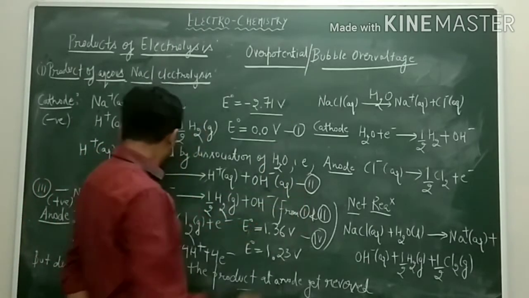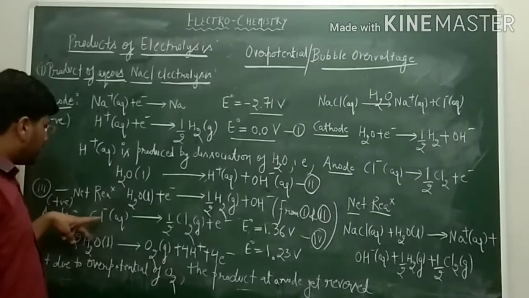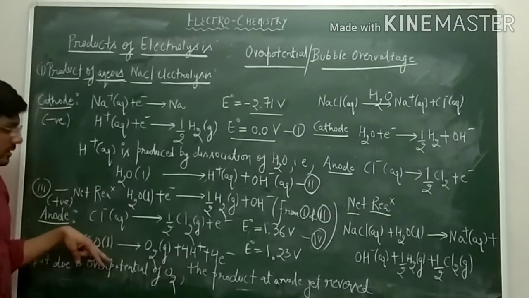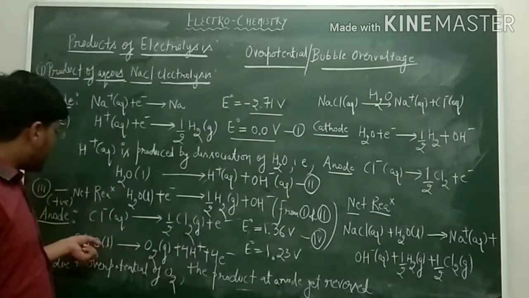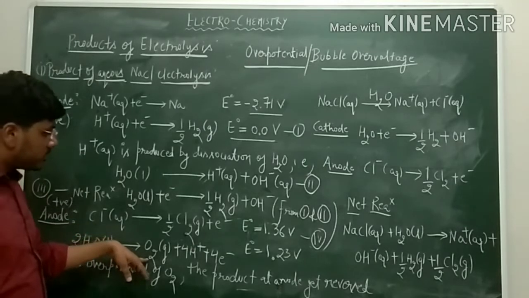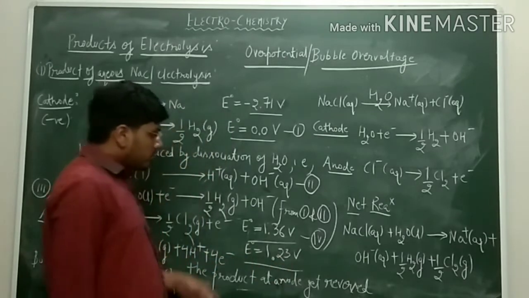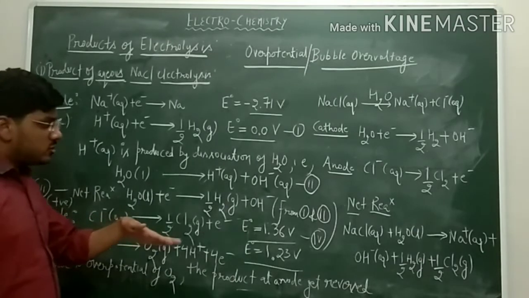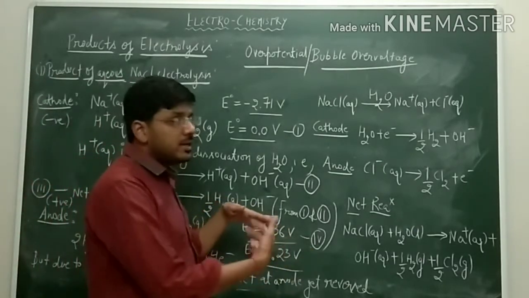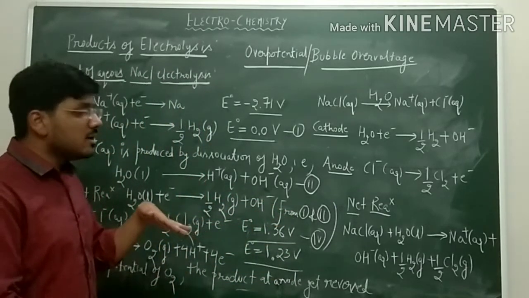At the anode, since it is positively charged, again two species will compete to move towards the anode. One is the chloride ion and the other is water. Chloride ion will undergo oxidation to form chlorine gas, and water on oxidation will form oxygen gas. These are the reduction electrode potentials. We know that at the anode, the species having the lesser reduction electrode potential will undergo oxidation,